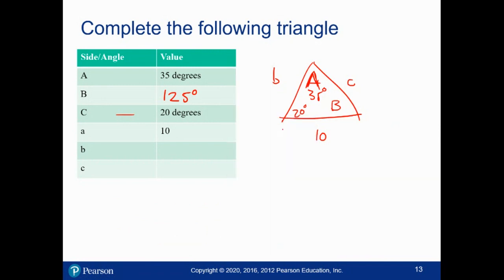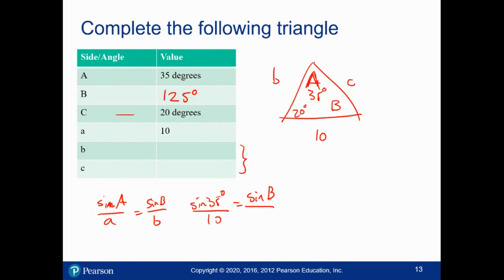So let's use the law of sines. Now I can use the one that pits A and B against each other, or A and C, or B and C. The only one I don't want to do is play B and C against each other, because I don't know either of those side lengths. So let's do the version that takes A, sine A over A is equal to sine B over B. Great. So then I would have the sine of 35 degrees over 10 is equal to the sine of B